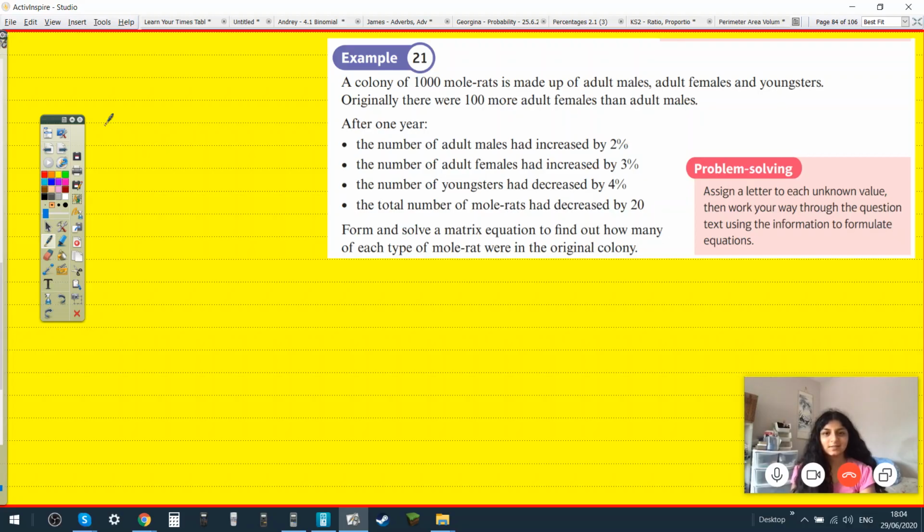All right, you asked for it. Oh, I don't like mole rats. They look so ugly. If you look it up, 100 more. Okay. I have no idea how to do this, but